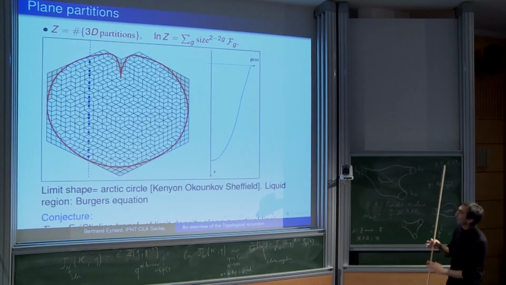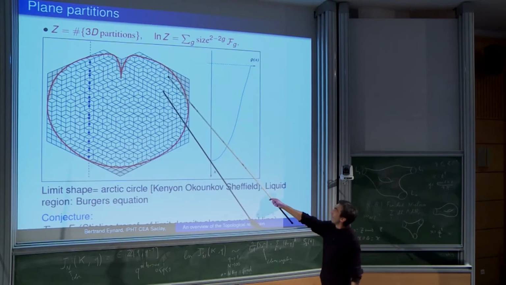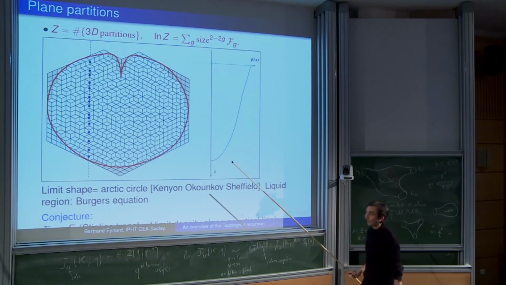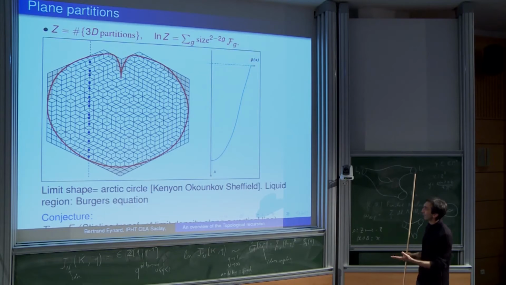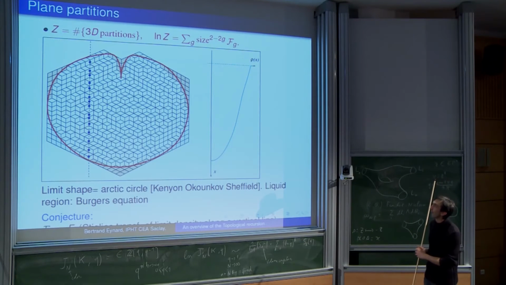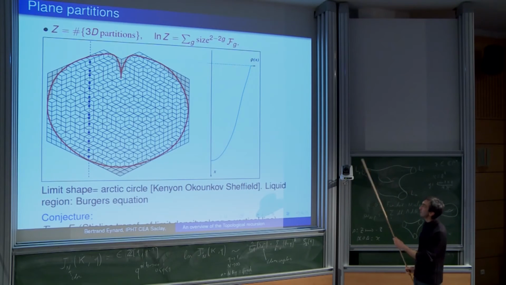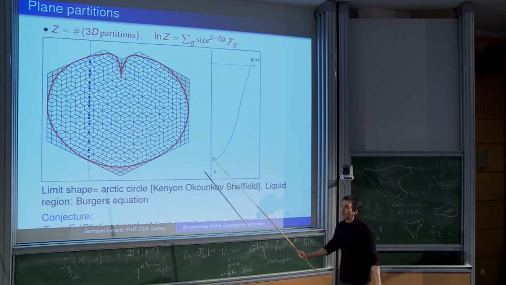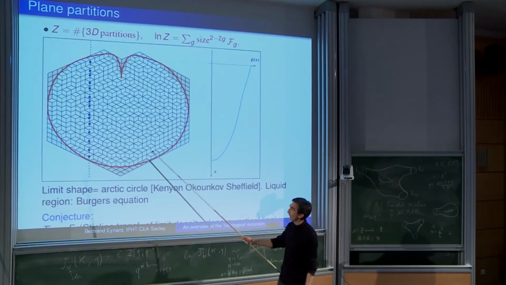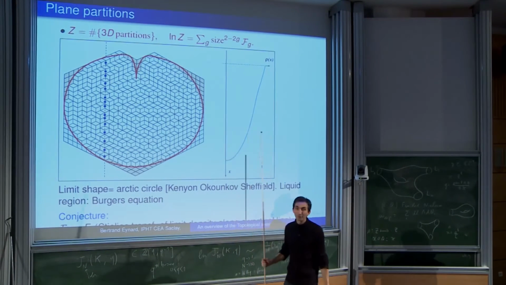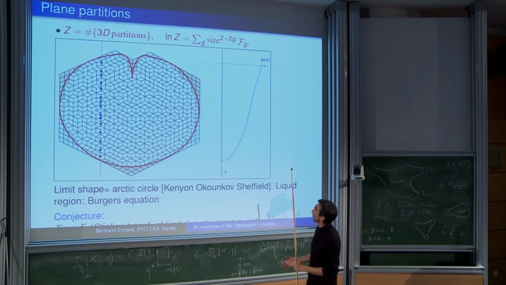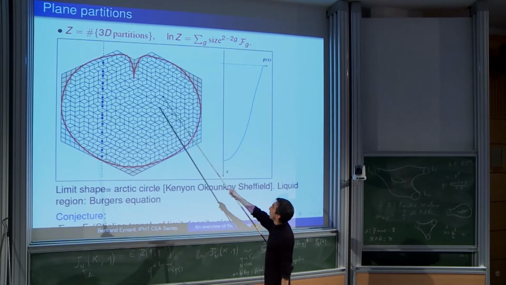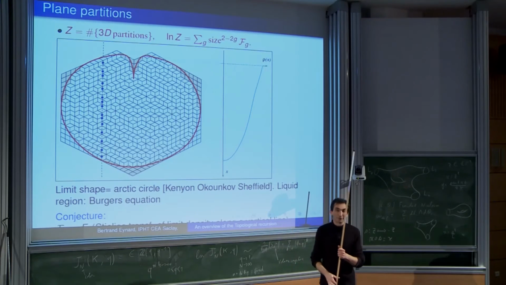It's because this sum over 3D partitions is more or less what computes the Donaldson-Thomas invariants in certain Gromov-Witten theory. I mean, for certain Calabi-Yau manifolds, which is equivalent to Gromov-Witten invariants, and the F_g are the Gromov-Witten invariants. And in the cases which actually correspond to an enumerative geometry problem, this is proved by Okounkov and his collaborators. But in general, for an arbitrary shape of the domain, this is not really proved.